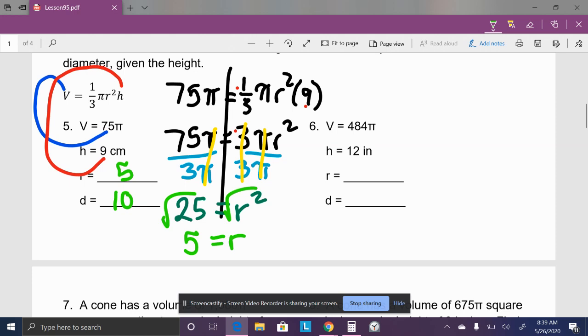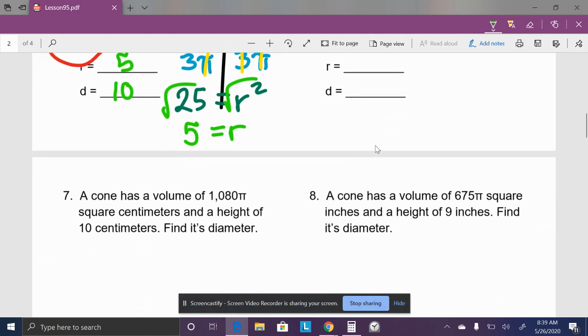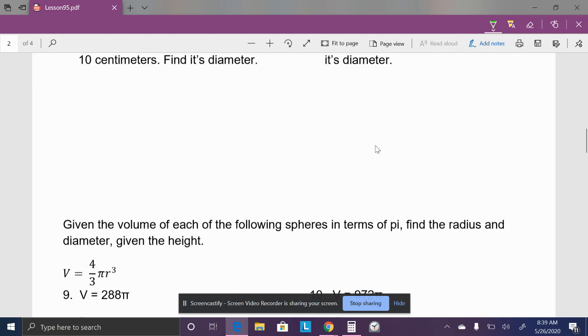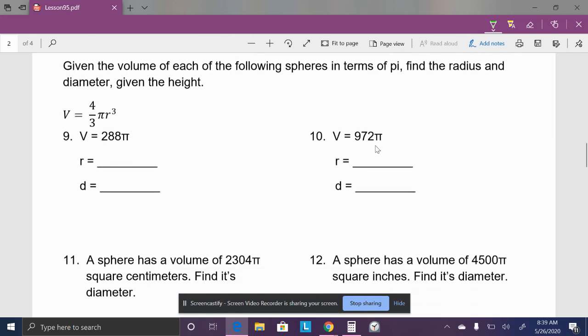All right, let's look at a sphere formula. Four-thirds pi r cubed, that's the volume of a sphere. Now this one, they don't have a height, there is no height in the sphere. It's a ball. So all we're doing is plugging this in for v. So in our equation, we have 288 pi